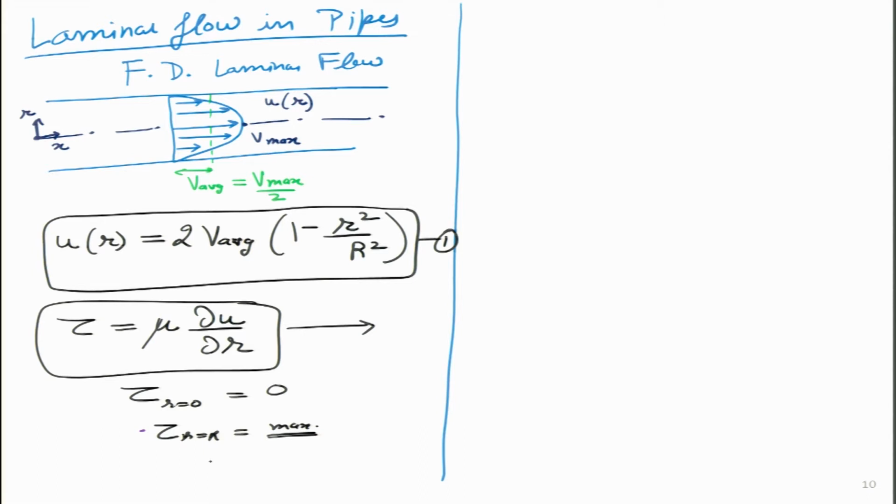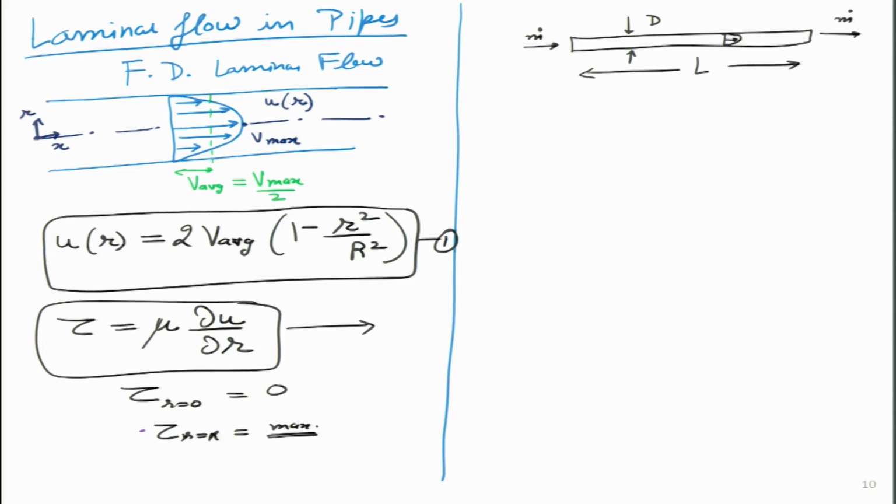Now, let us try and figure out what the pressure drop is in this particular pipe. It is a long pipe of length L and the diameter is known to us as d. Inside, the parabolic velocity profile is there, and I know the mass flow rate at the inlet; the same mass flow rate is coming out. If I call the inlet section as section 1 and this section 2,